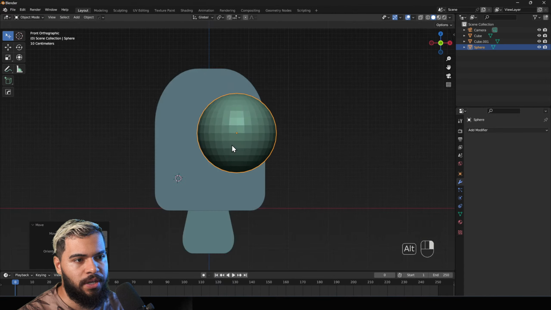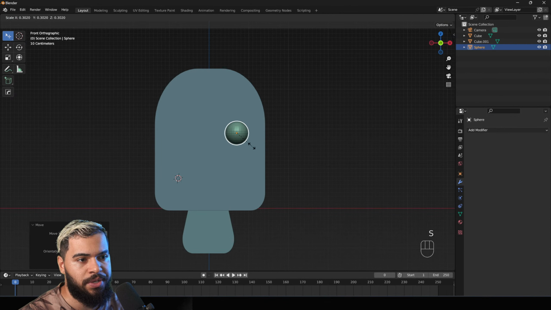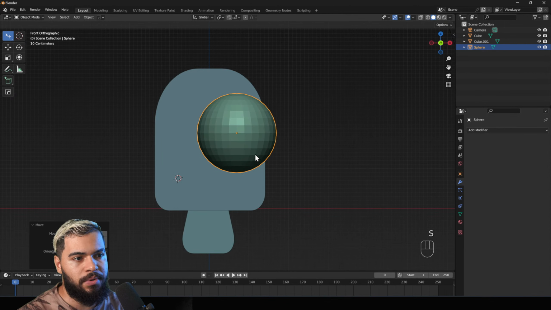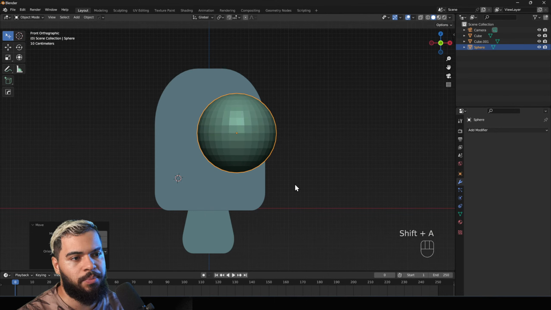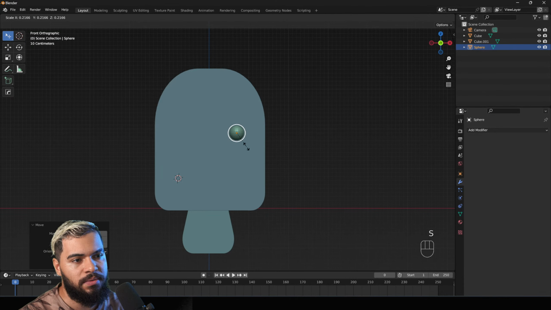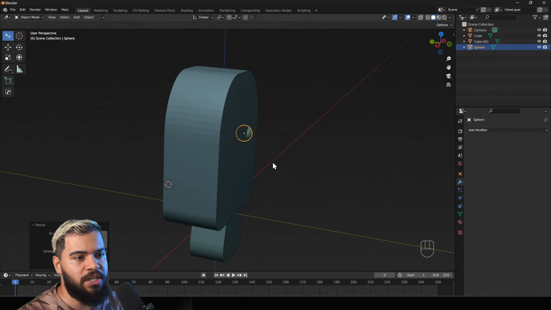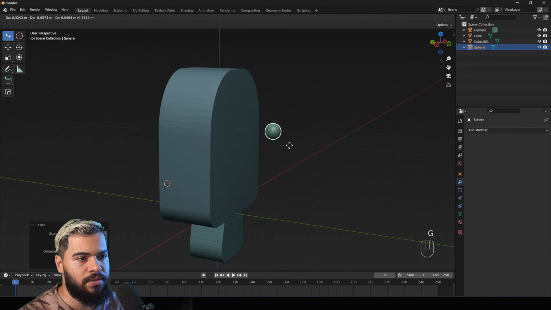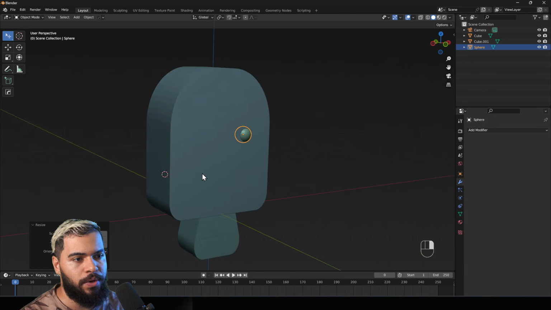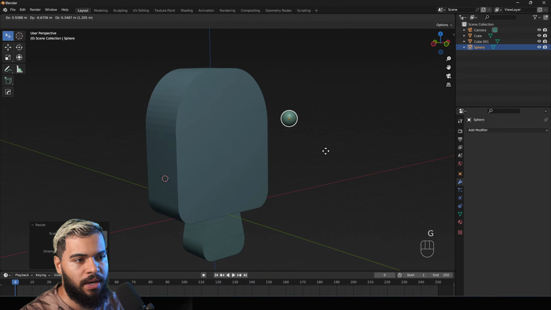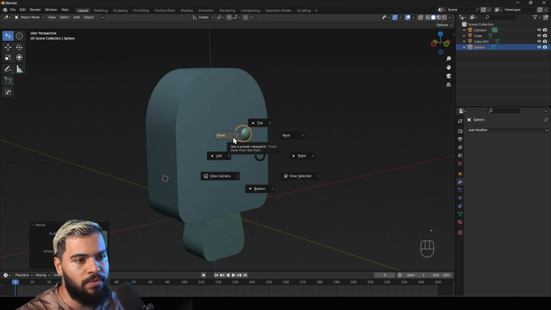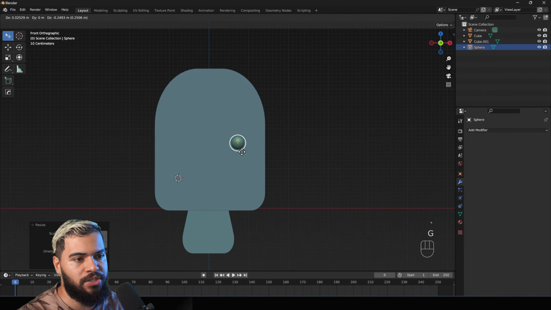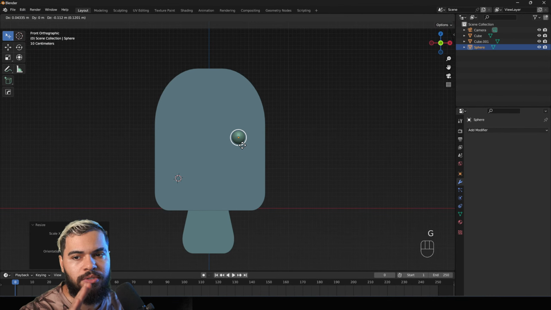The UV sphere is a kind of circle, however, it is a sphere because it is in 3D. As you can see, I'm pressing Shift A to insert a UV sphere, and then you press S and scale down. If you press G, guys, it is going to move. But be careful when you are moving, because if you press G, it can move in all the space. That's why I like to go to the front view and press G, and then I can move only in the front view.